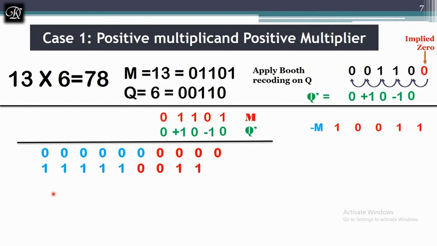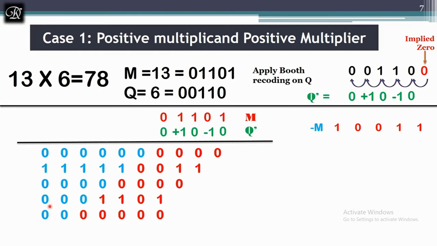So the answer should be 0, and you can notice here this is the sign bit, the sign extended. Next, positive 1. Now m is multiplied with positive 1, which is nothing but positive m only. So I will get 0, 1, 1, 0, 1 in the next partial product over here, and you can notice the sign bit of this is 0. Because of that, this remains 0, but in the earlier case the sign bit was 1, so it was extended with 1. Here that is not the case. I am having a positive m, that's why I get zeros over here, and this is the sign bit. These two are extensions of the same. Next, I am having 0, so I'll get 0.